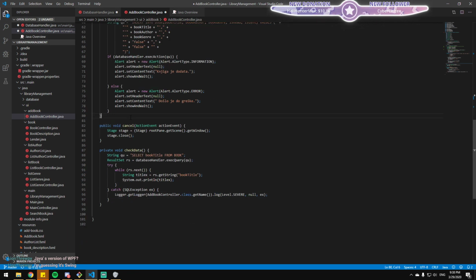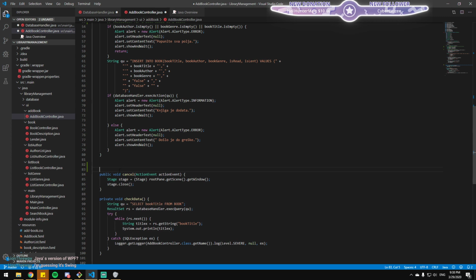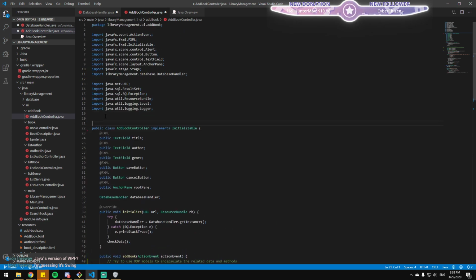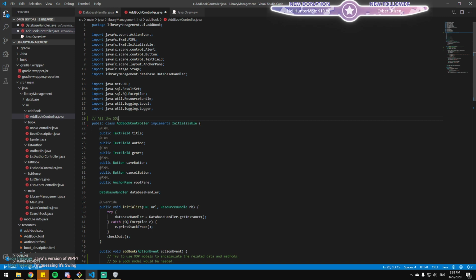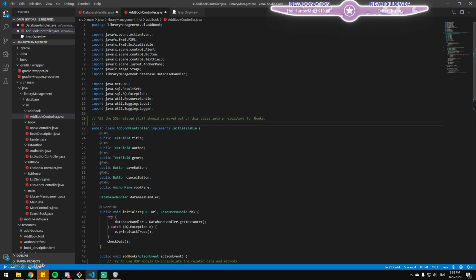So all those SQL statements, I'll just add a remark here. All the SQL related stuff should be moved out of this class into a repository for books, and your controller should just call the repository and be as thin as possible, just to wire things up.